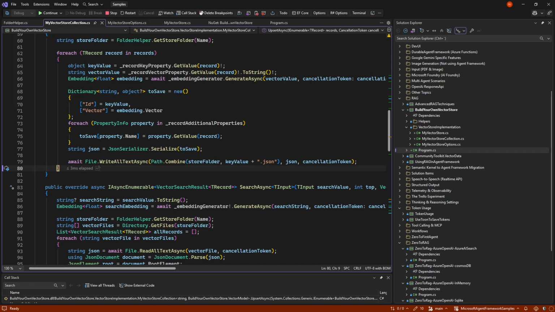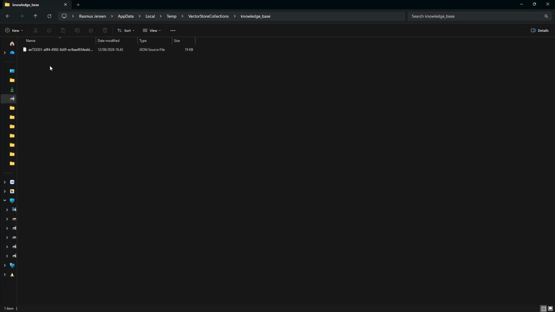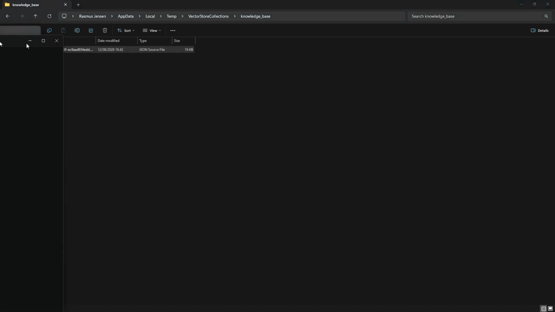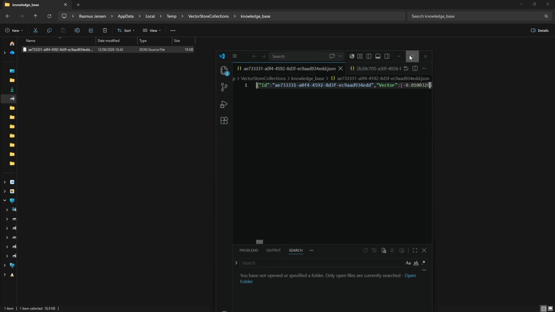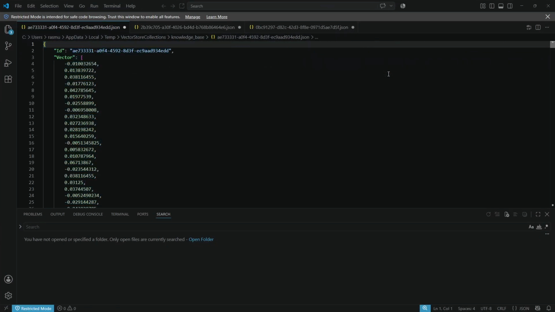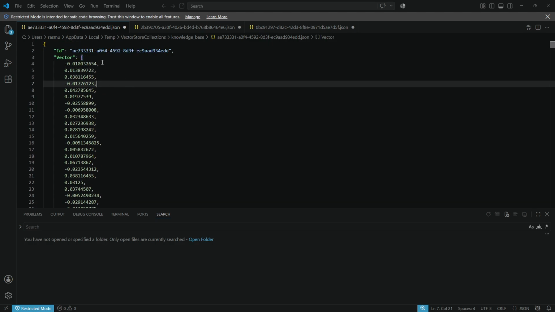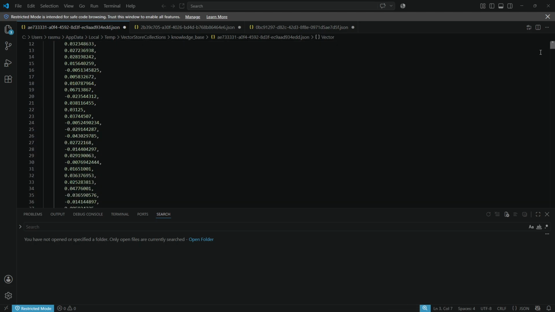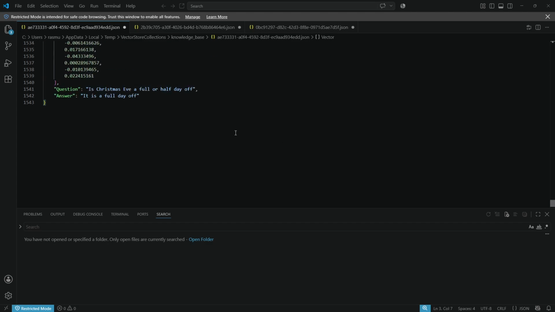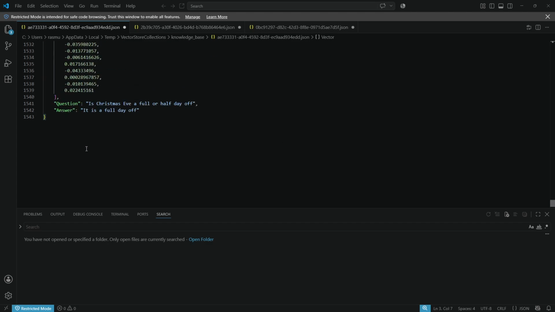When I do this, you see that we end up with one file. And if we look inside that file, it is what we saw in some of the other vector stores, something with an ID and a vector. And at the end, in this case, there's the question and the answer.